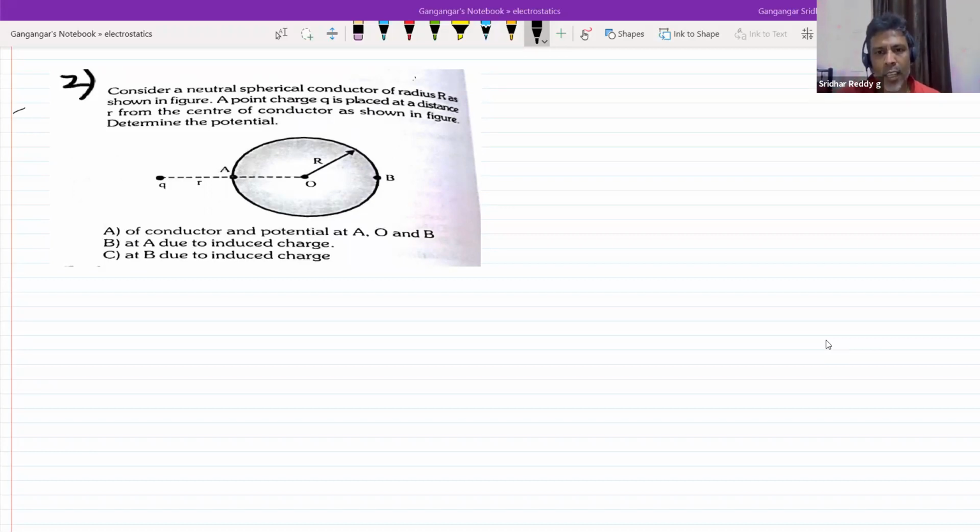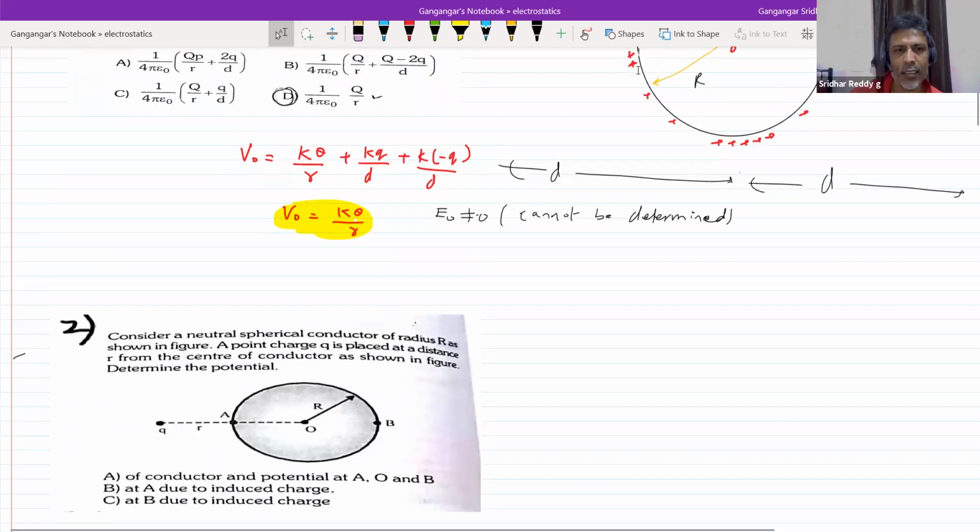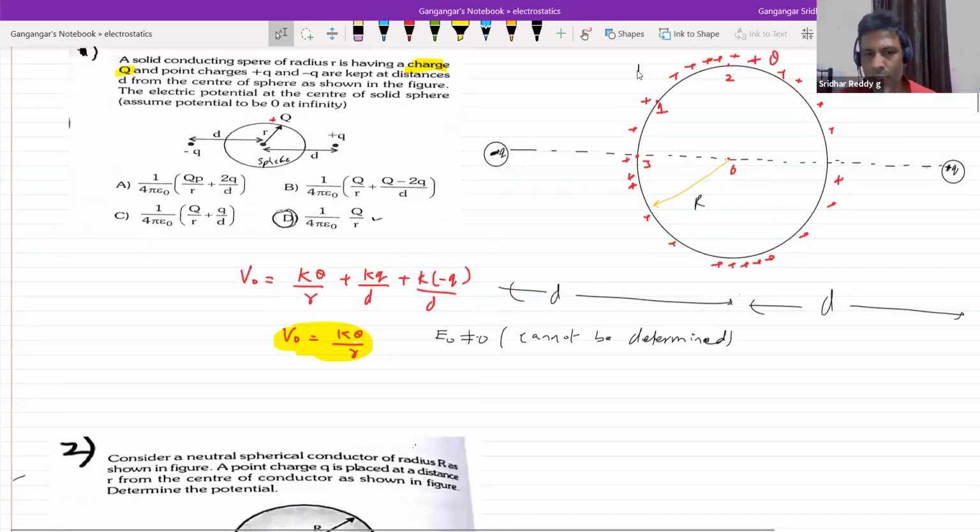Oh, is it a shell or I didn't see? Is it a shell or a sphere? Okay, somebody is telling field is 0 for a shell or sphere. It is a sphere, then it should be 0. Sorry, yeah. A conducting sphere, then it must be 0. I thought it was a shell. If it is a shell, then we have to check that one. Okay, I'll make the correction. So it's a conductor, no? Again, we'll violate the basic law itself.